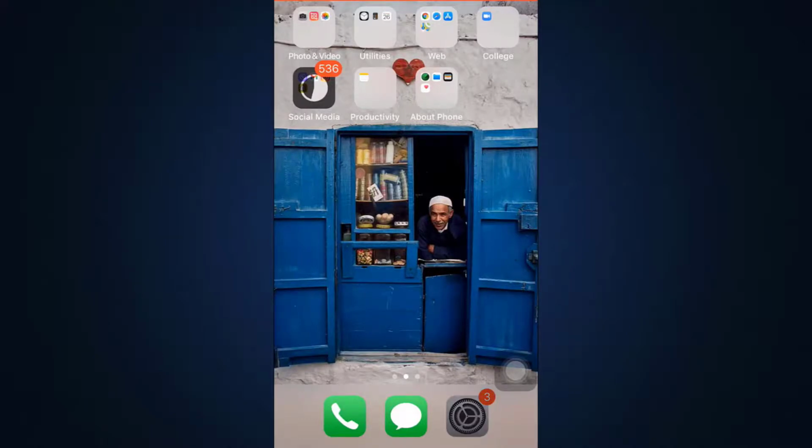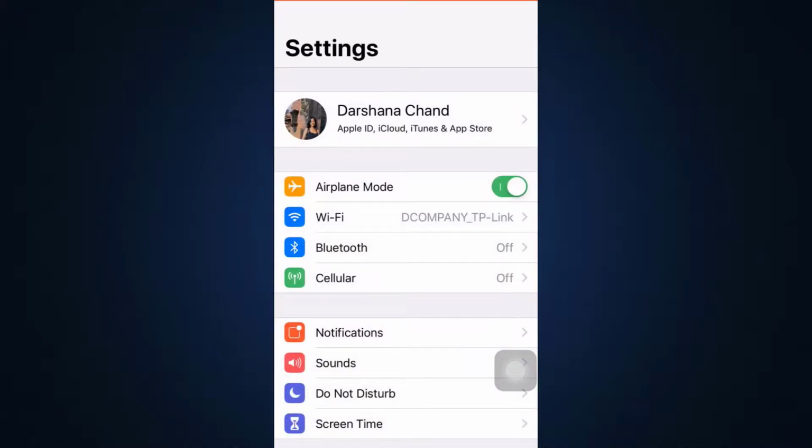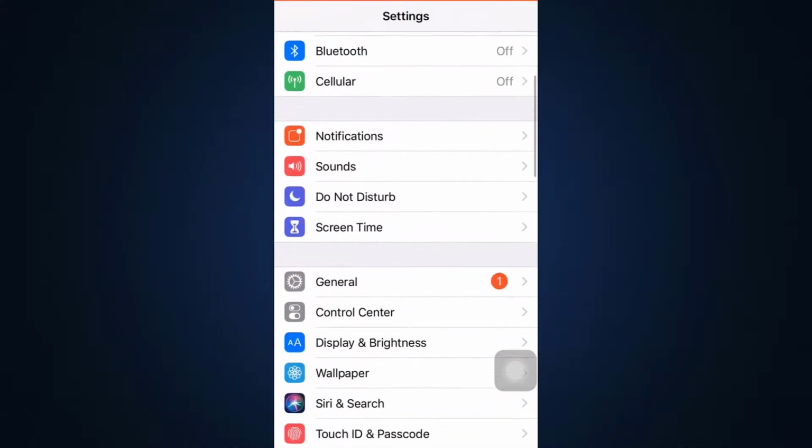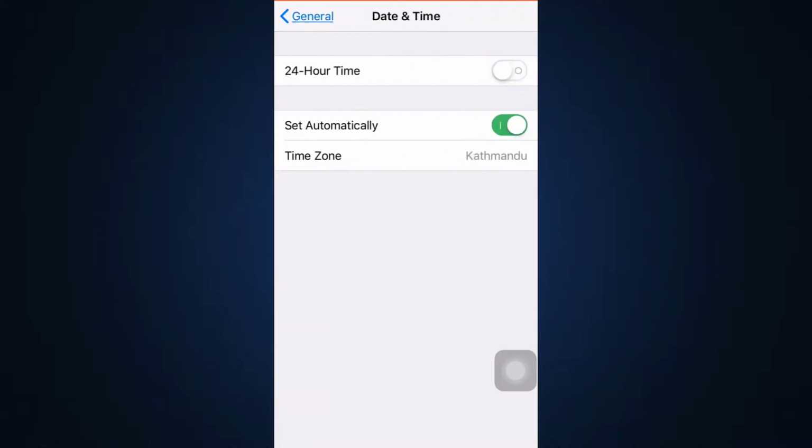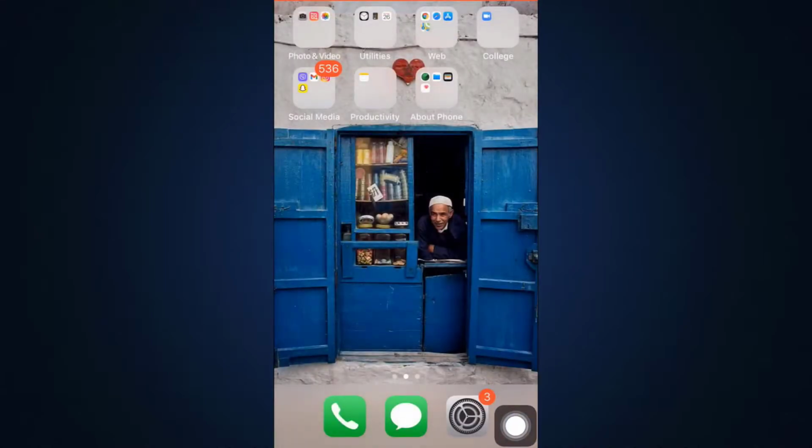What you can also do is go to the settings, and when you land on your settings, you will see an option that says general. There you'll see an option that says date and time. Make sure that your date and time is set to automatically. So here mine's currently set to automatically, so this can't be the reason why I'm not being able to log in. And if even that's not possible, what you can do is you can go to support.snapchat.com and then ask Snapchat support to help you to fix your login error.